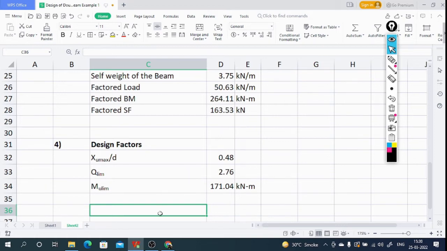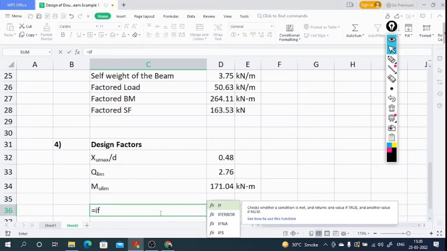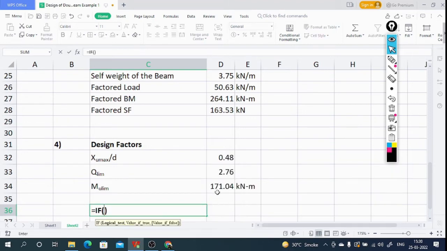So I will write the conditional statement here by using IF function. If MU is greater than MU lim, go for doubly reinforced beam design,